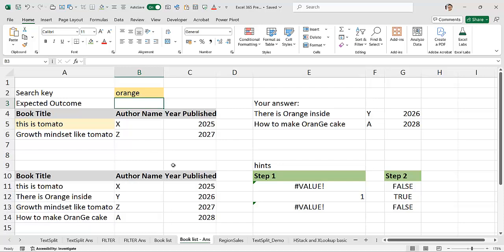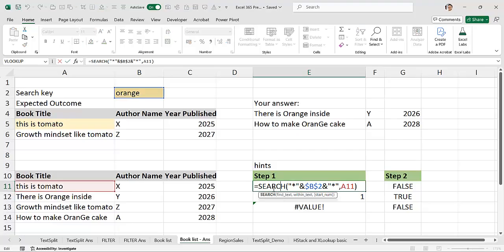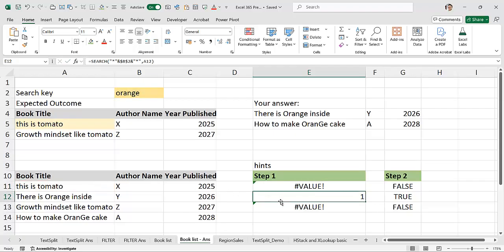And to understand this, to achieve this, you need to understand the first step, which is how we can search for this value in this cell, to see whether the word that we want appears. We want to search for orange in this list. Oh, no chance, right? But then if you look at the second item,